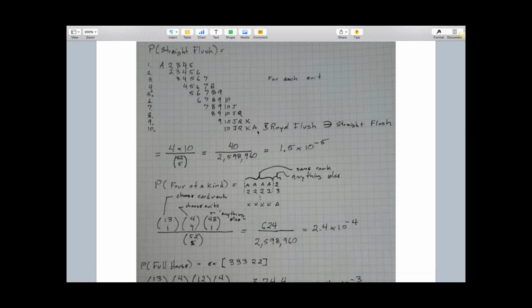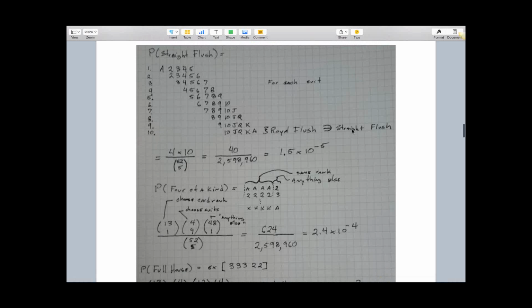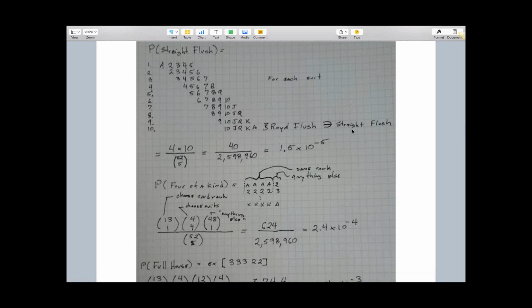I included the royal flush as a subset of the straight flushes, but I know that could be debatable. So we have a total of 10 different straight flushes, and we have one of those for each suit. So one for diamonds, clubs, spades, and hearts. That means that there are 40 total straight flushes